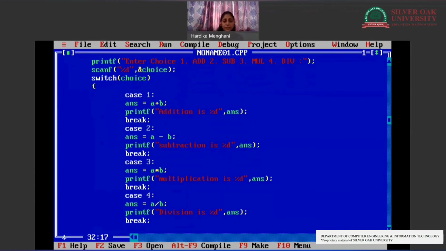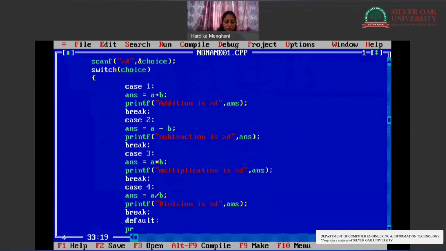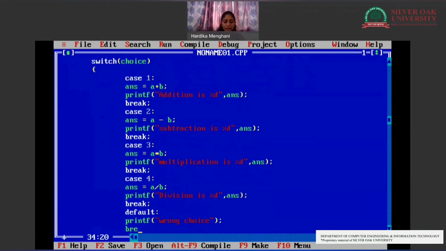What if I enter 5 in the choice variable? So we need some default case that lets us know that we have entered a wrong choice. For that, we need to create a default case that lets us know that we have entered a wrong choice and none of the cases match that choice.